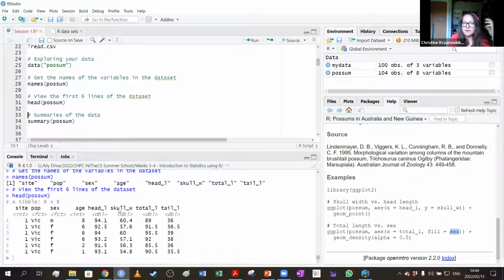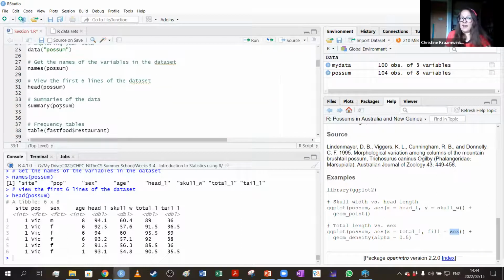So we have our variables. If you think back to that first slide I showed you, variables at the top. Here, it's also showing me what type of variables they are. The site is seen as an integer, then the population and the sex are shown as factors. Then again, we have an integer and then double. That's kind of like your floats, if I'm not mistaken, in Python. It's a continuous variable, called a double in R. So that's basically it.